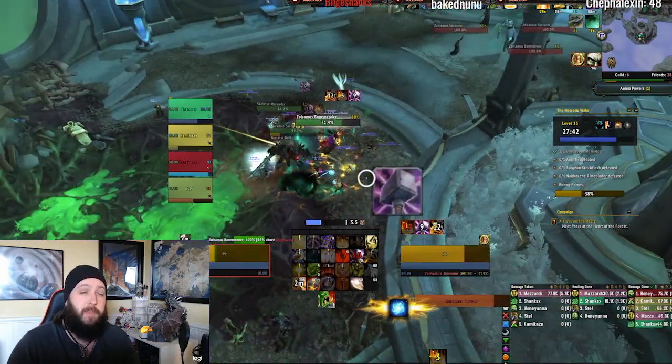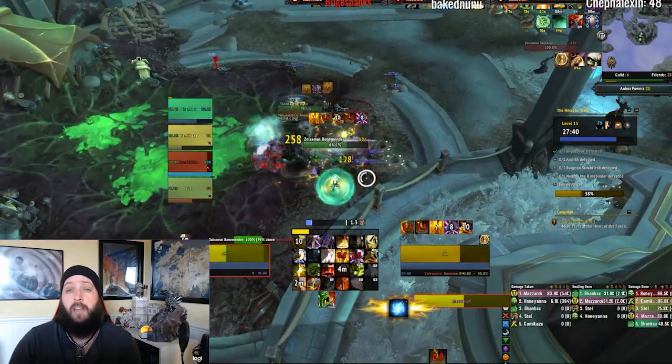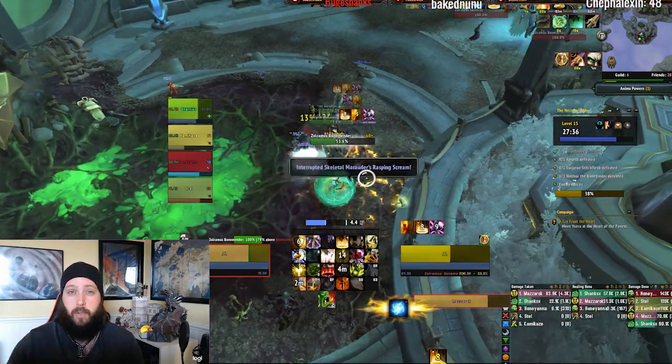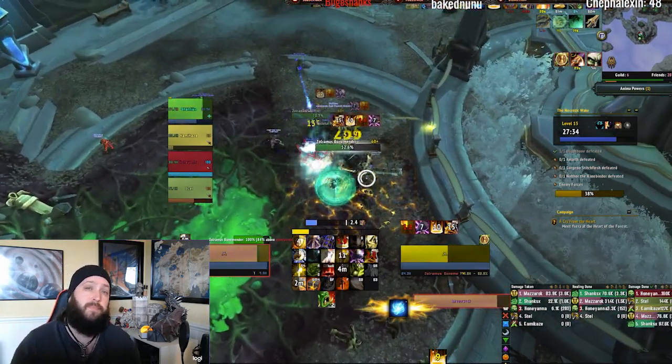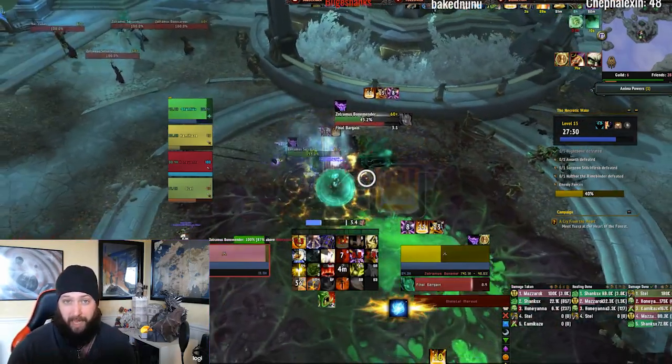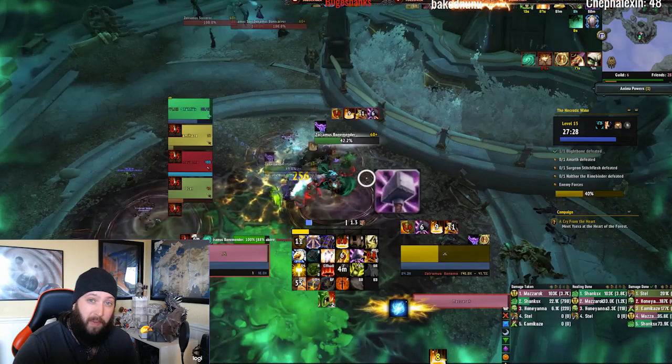So Naja's a very good Mythic Plus option. Theatar and Draven are great rating options, as well as some good Mythic Plus options. There you go. Now, the main two that I use in Mythic Plus, depending on whether it's Fortified or